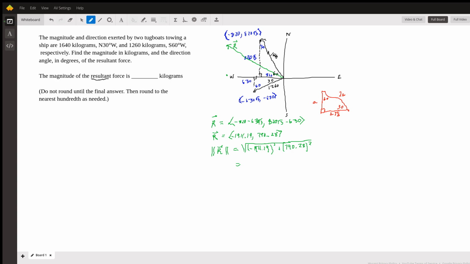So I had 1911 for the first answer, and I'm going to square that. Then I'm going to add it to the other 790. So I cut and paste that, square that. Okay, and then I'm going to take the square root of that result, and I get